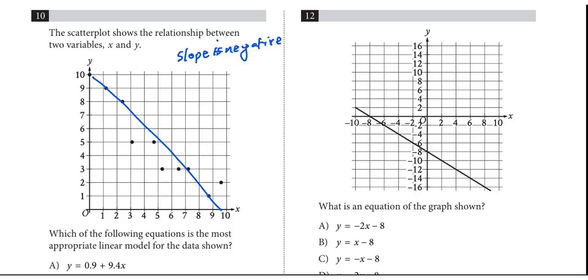And secondly, you can see that the y-intercept is around 10, either just before 10 or simply close to 10. So the y-intercept is around 10 approximately. Okay, so let's say approximately 10. Now if we look at the options,